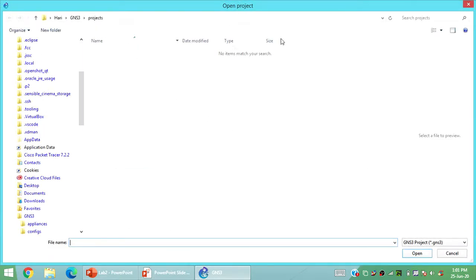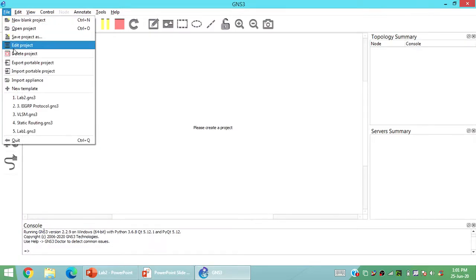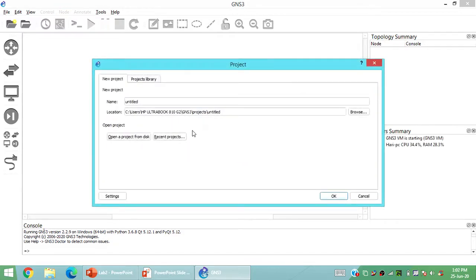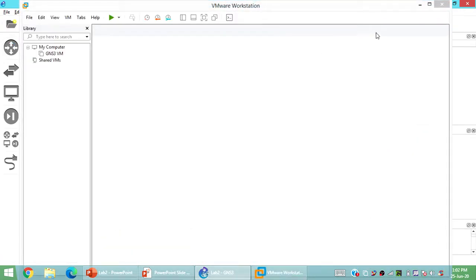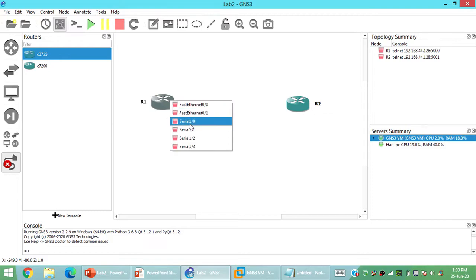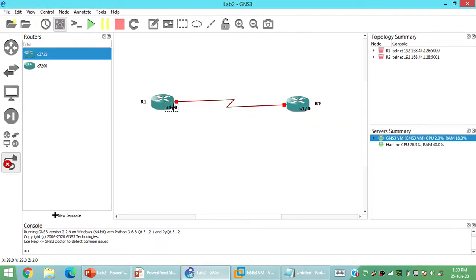Task 1 comprises GNS3 to be loaded on my PC, but let me see if I can start it in just a few seconds. Okay, I have already created a lab 2 named blank project as of now, and I'm going to drag and drop two routers as you can see over here and arrange them a bit. Okay, it's done. I will be taking the connection between serial port 1/0 on both ends of the routers. You can see it over here.